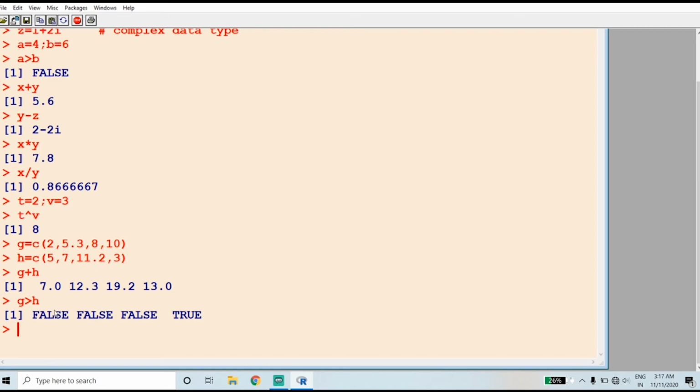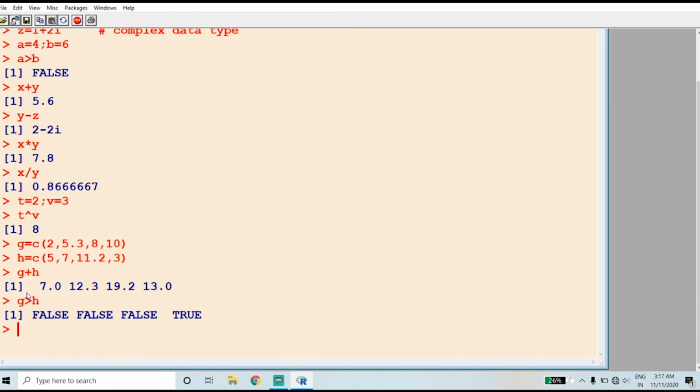The output is false. Similarly, it goes to the second observation, whether 5.3 is greater than 7. Again, we obtain the result false. Then it goes to the third observation, whether 8 is greater than 11.2. The answer is false. And next, whether 10 is greater than 3. We obtain the result true.